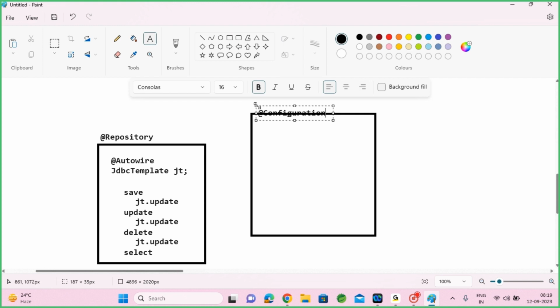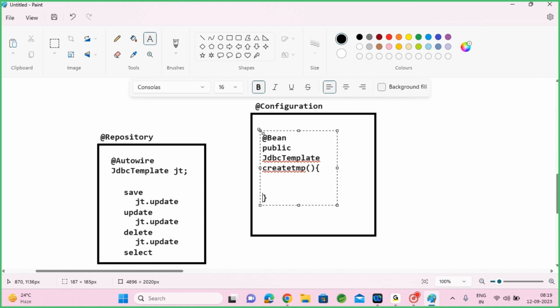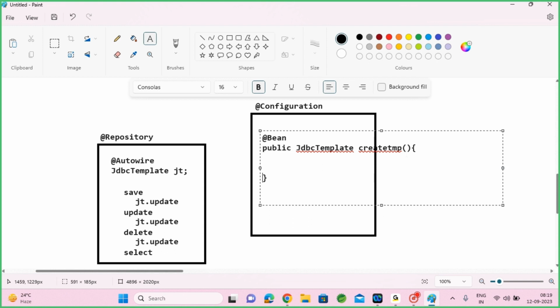Under this configuration class, I need to initialize JDBC template using the @Bean method. @Bean public JDBCTemplate createTemplate. So here you need to create your JDBC template. The JDBC template object you can create equal to new JDBCTemplate,